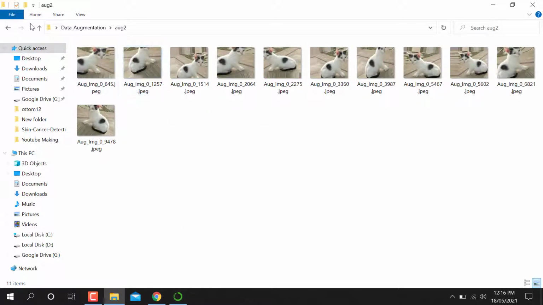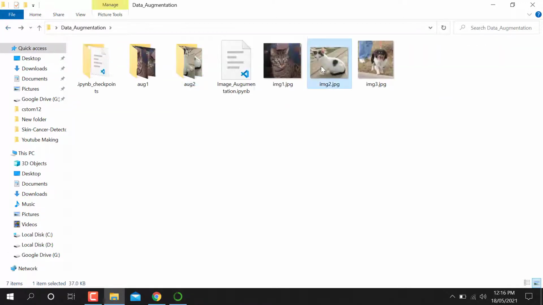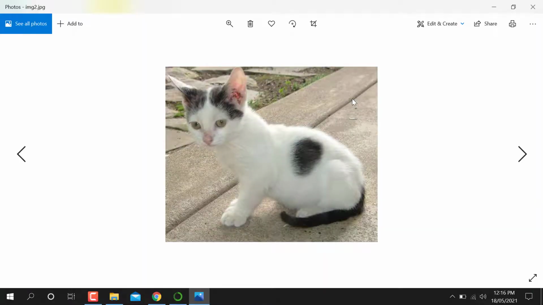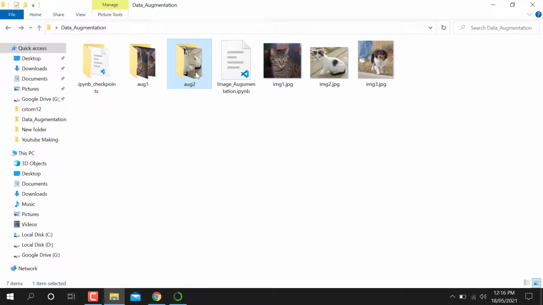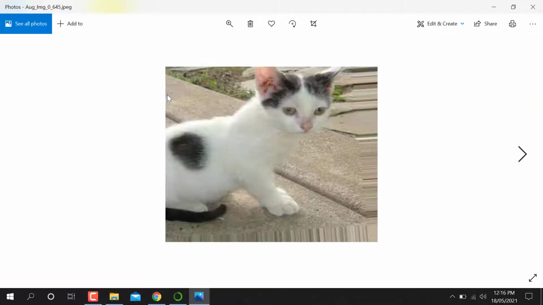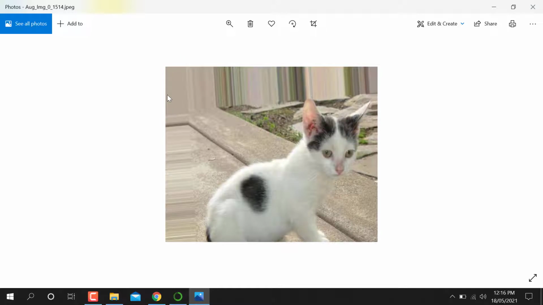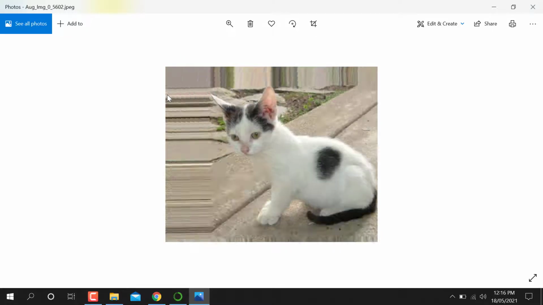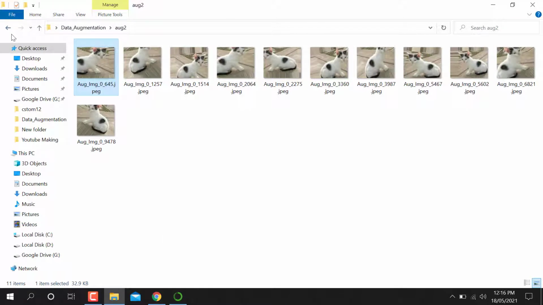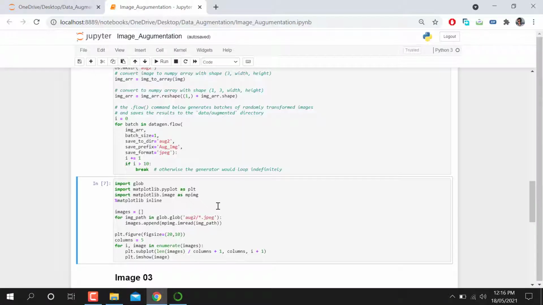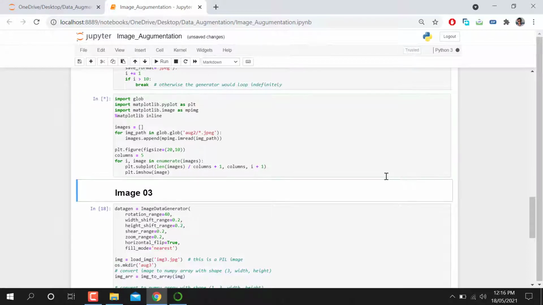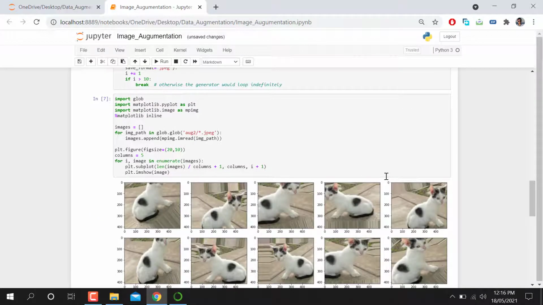You can see the original image and its size here. The cat's face is on the left side. After generating the data augmentation, you can see the face is now rotated from left to right, and some other images are sheared, zoomed, and flipped horizontally. These are the images, and also the 40 rotation factor. These are the images created by using data augmentation. Here I'm showing these samples.